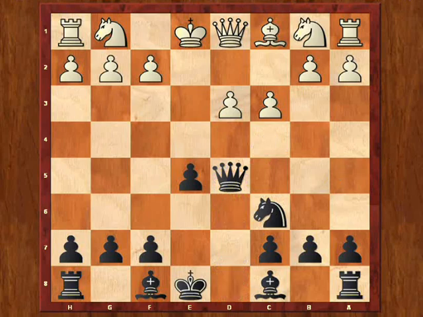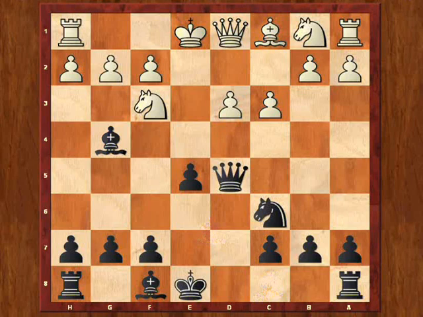So now from here my opponent plays knight to f3, and then I bring my bishop to g4, pinning the knight to the queen. And then my opponent plays c4, attacking my queen. Now this is the move here that a lot of times,